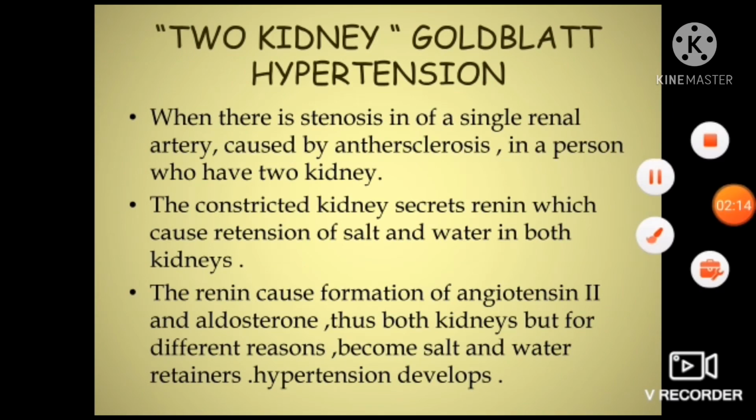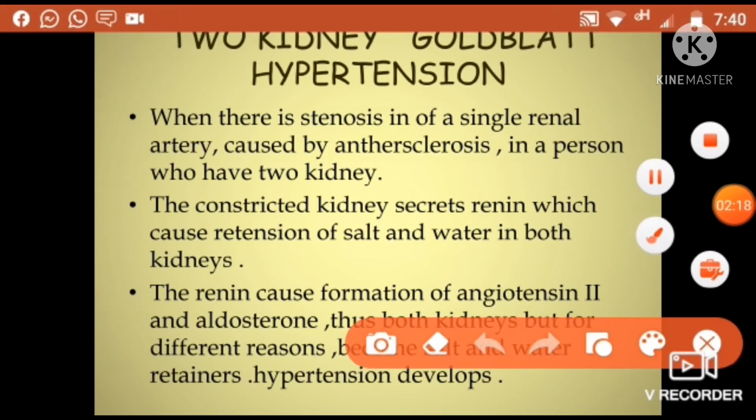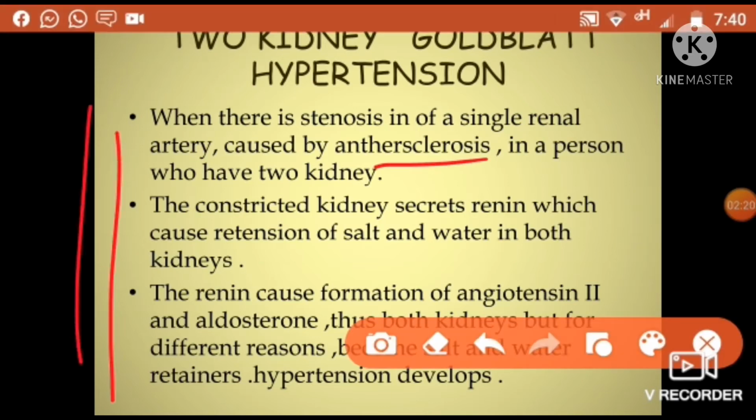In this, there is a stenosis of a single renal artery caused by atherosclerosis. What is atherosclerosis? This is an artery, suppose, and there is atherosclerosis, the accumulation of fat which blocks the artery. Whenever atherosclerosis is produced in the arteries, and the person has two kidneys, they may also suffer from this hypertension. Why? Due to this atherosclerosis, which is accumulation of fat inside your arteries and inside your veins,